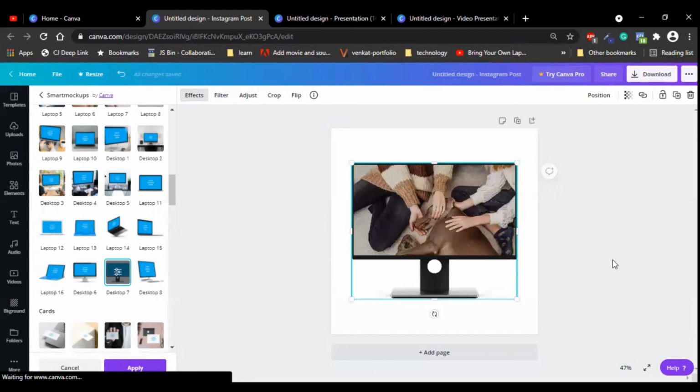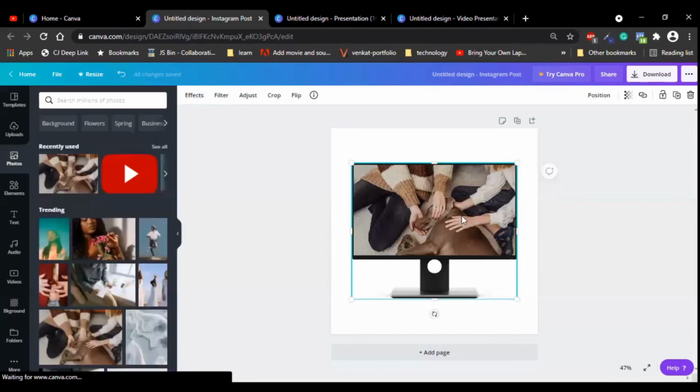So you can see how easily the smart mockup has been created from scratch using Canva. You can also explore these smart mockups, which are usable for you to create any startup mockup for your client or showcase a book cover. You can easily download using this smart mockup.